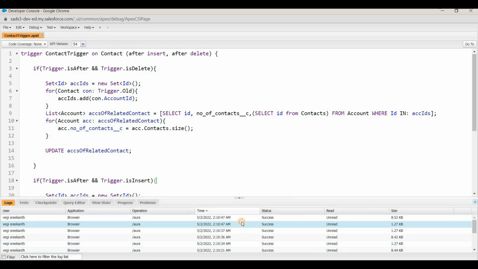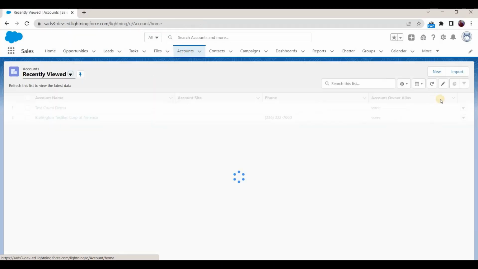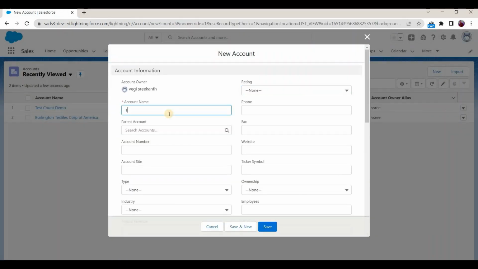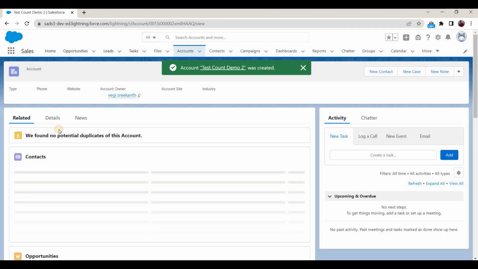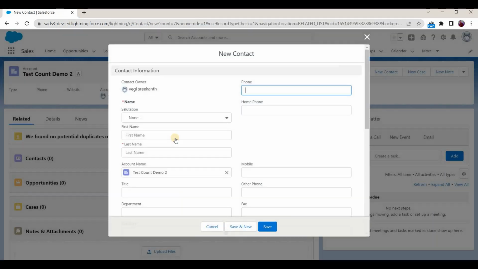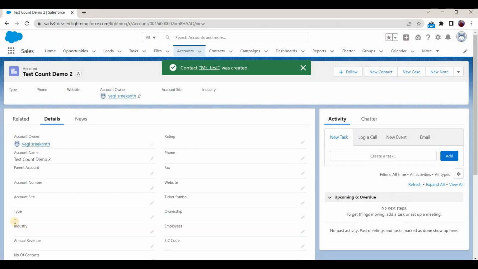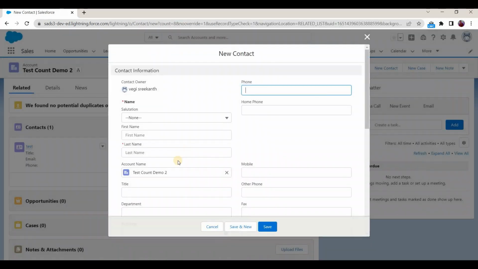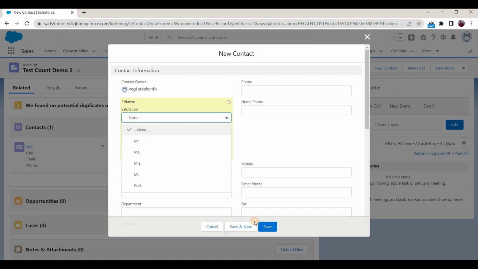Let's test this out. So for this also we will create another account and then we'll test this one. Click on new, test account demo 2, and then click on save. By default number of contacts will be empty. So I'll create a contact first. Click on new. So by creating a new contact, the count will be increased based on our previous logic. Okay, I will create one more contact,